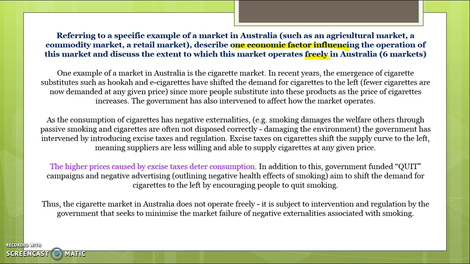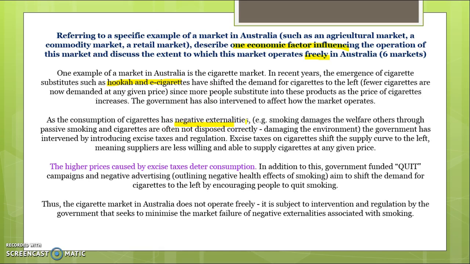They're all forms of government intervention in that market. The one I've focused on here is the cigarette market. I think this is Zoe's answer, so in fact Zoe's focused on this. But things like the emergence of cigarette substitutes like hookah and e-cigarettes have shifted the demand curve to the left, because now there's less demand because we can substitute into other viable alternatives which still give you that sort of nicotine fix. And then in terms of government intervention, because they have negative externalities, so smoking damages the welfare of